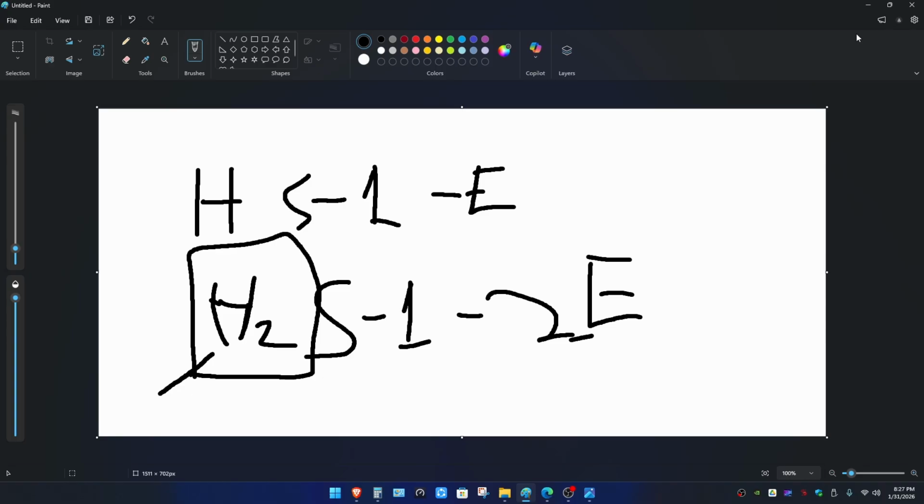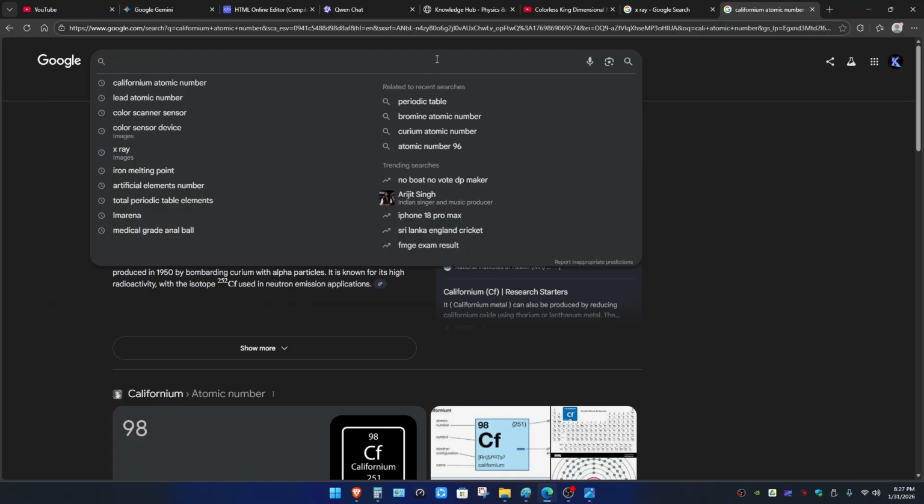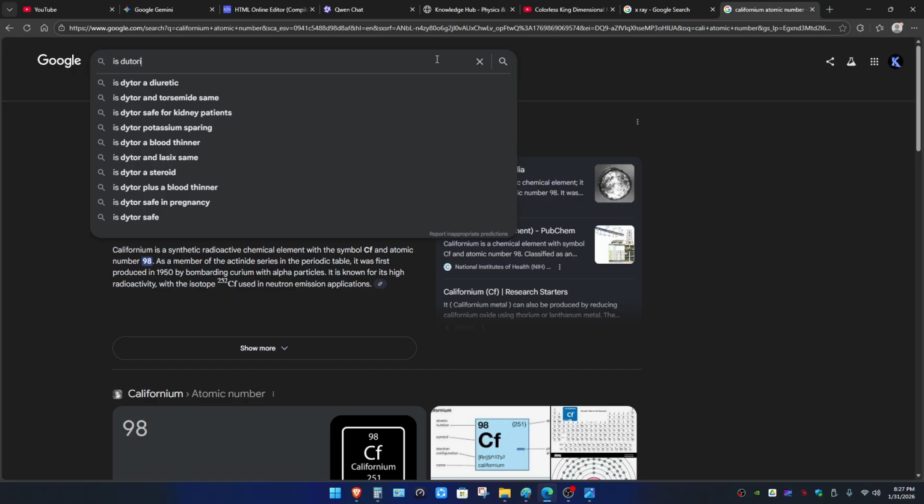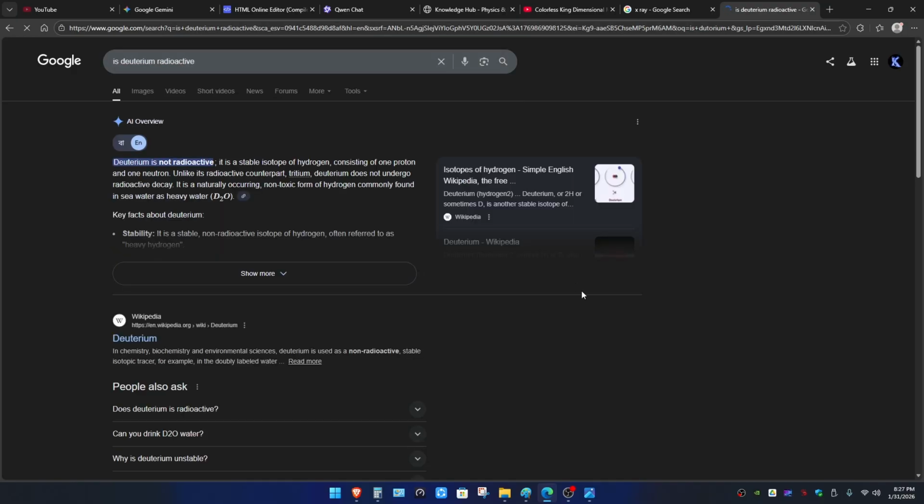I actually do not remember. Is deuterium radioactive? Deuterium is not radioactive. Okay, why is it not radioactive? So maximally what I have seen,